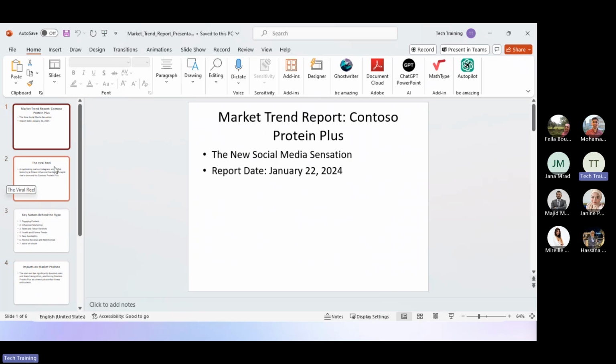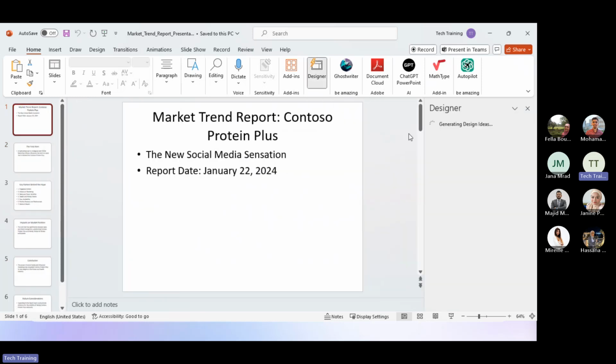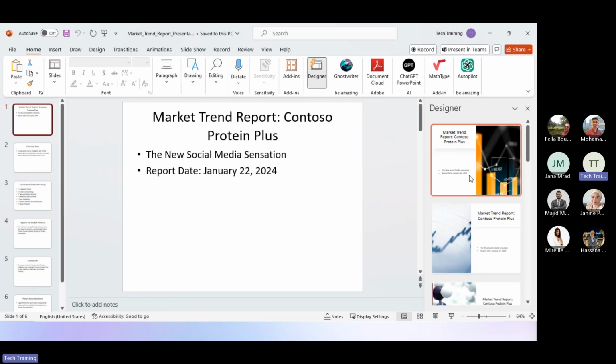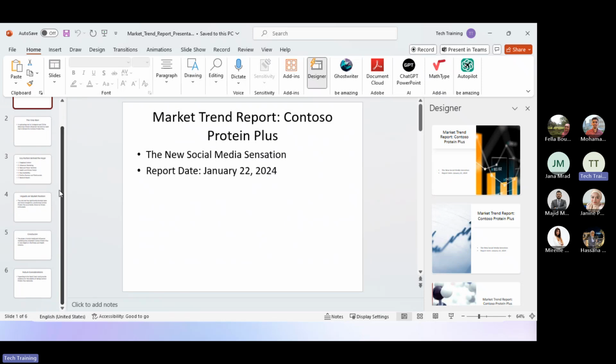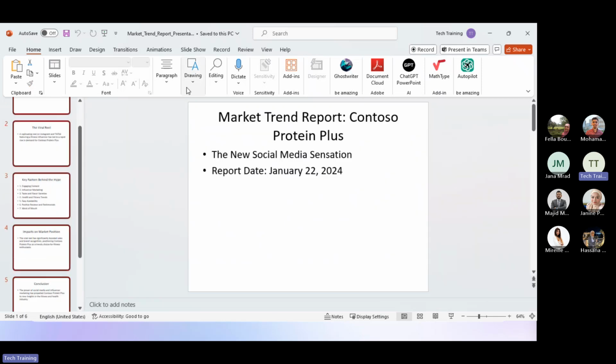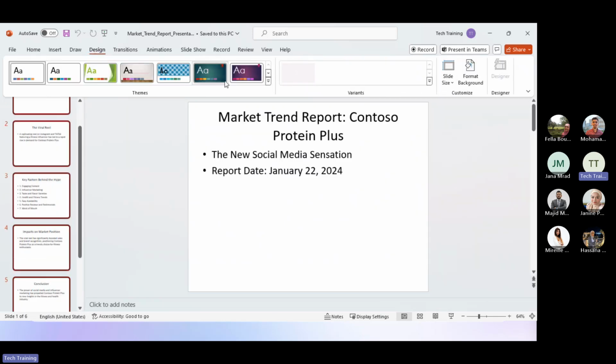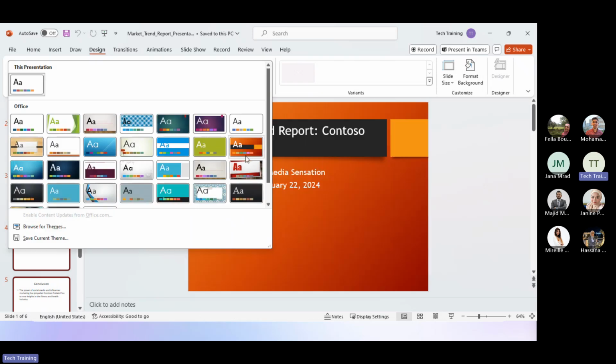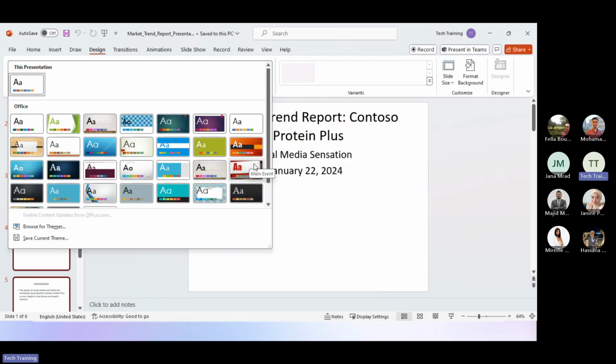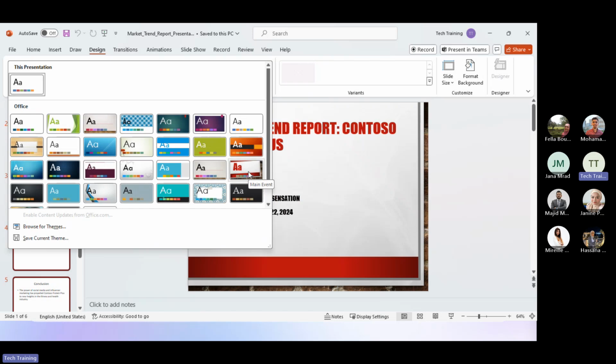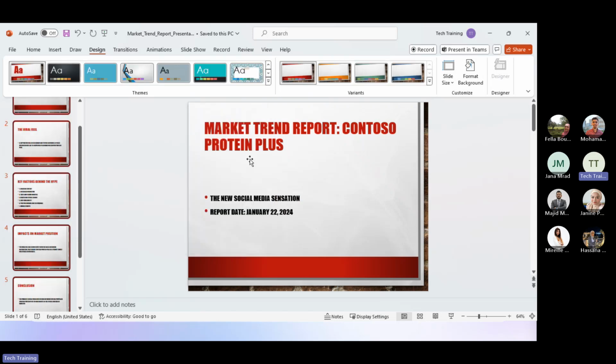But when I remove the others, I can go with one and select Designer, and okay, it can design this slide as I want. But I have a walkthrough or a backdoor for that. I can select all the slides here, select the last one, and press Shift, and I would go with the design. And here is also something related to a service that is powered by artificial intelligence that I can select